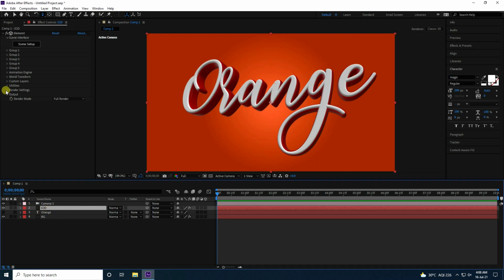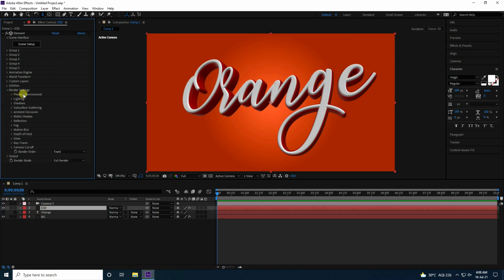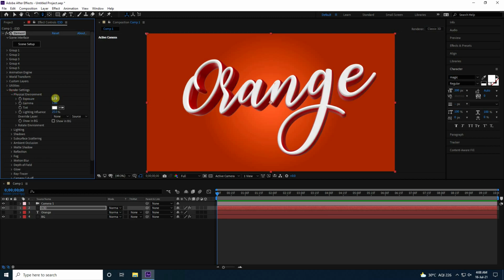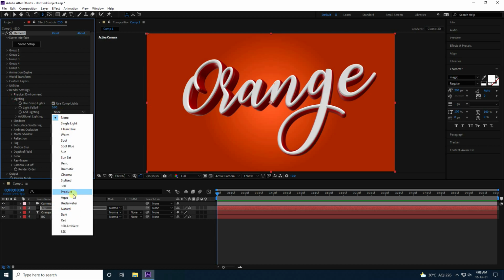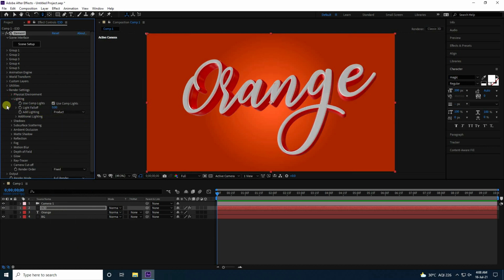This time I go to render settings, physical environment. I increase lighting, so exposure 1.5. And gamma a little bit more. Yes, better. Lighting, same product, use this one.